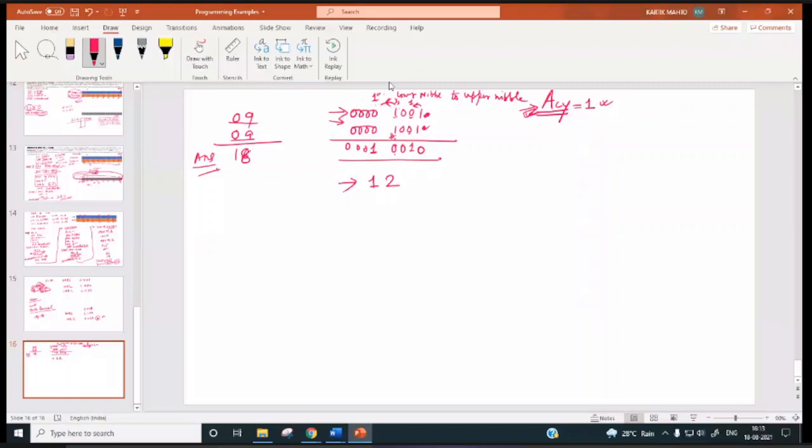Right. So nobody is going to accept this result, no? A normal user is asking you to add 9 plus 9, and if you say the result is 12, he won't accept. So you have to present your result so that it becomes 18. So how does the microprocessor adjust this result to 18? This is done with the help of the DAA instruction.